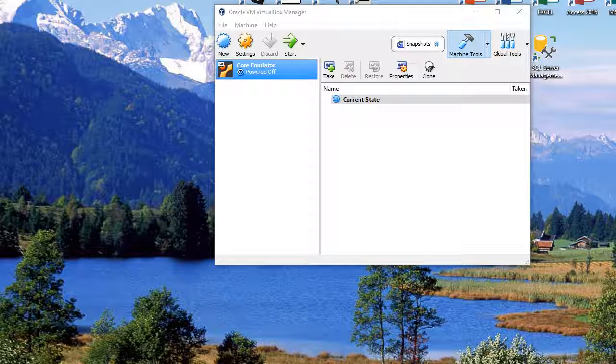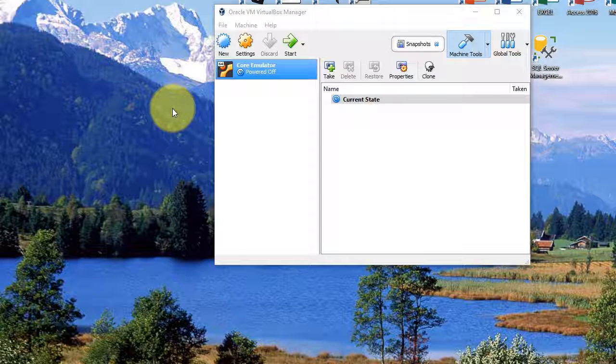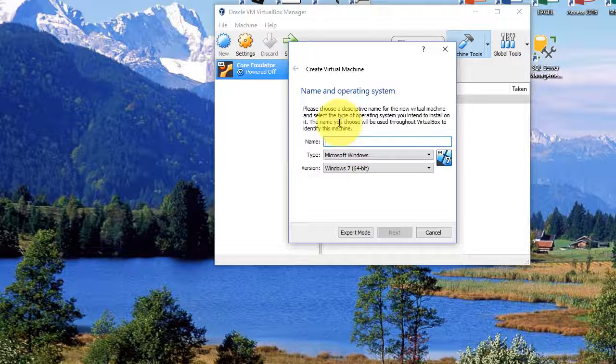Hello, in this session we're going to install Ubuntu 16.04 on VirtualBox. Okay, so I've opened up VirtualBox. Again, if you haven't got VirtualBox, you can download it. It's a free download. So I'll click the New icon and I'll just type in